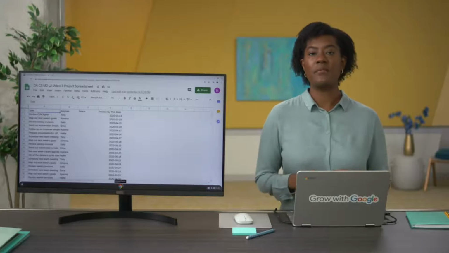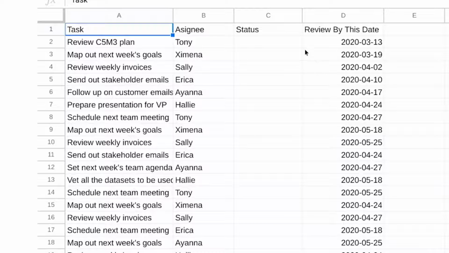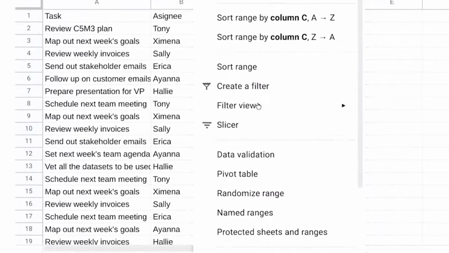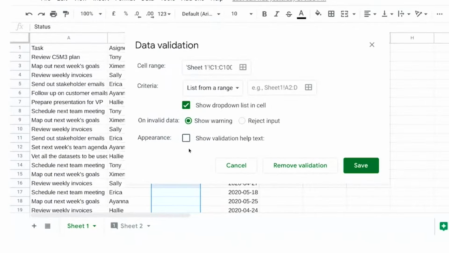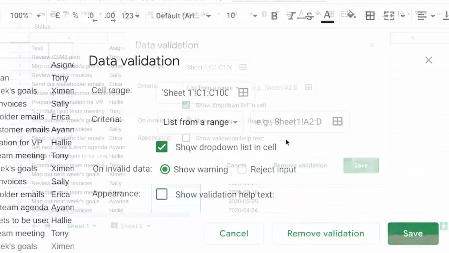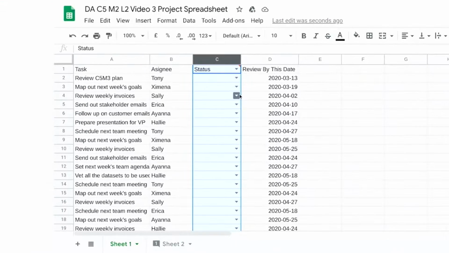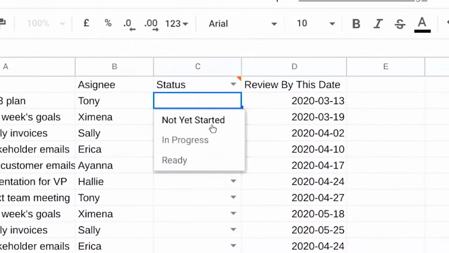So we'll select the column that we want to add the drop-down menus to, in this case, the status column. Then we'll go to the Data pull-down menu here at the top and click Data Validation. This brings up a pop-up menu with options for data validation. In this case, we know that we want to add a list of items for other users to choose from. So we'll select the List of Items option and the possible criteria and type in the selections we want to create. Then hit Save, and now all of those cells have drop-down menus that we can use to easily mark